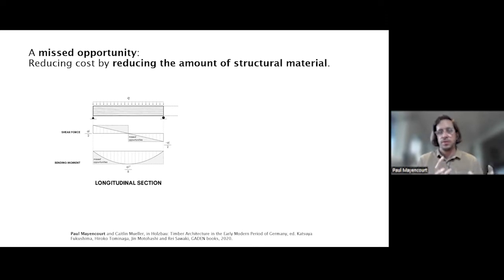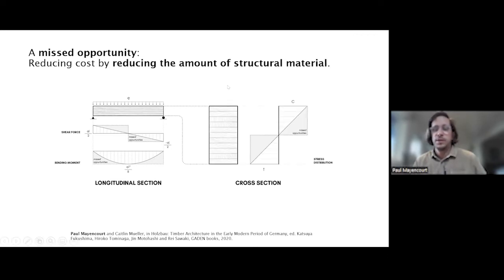construction. You know it's going to be strong enough at the center, and you know it's going to be overstrung at the supports, but that's fine because it's easier to construct. But in doing so, you actually waste material, and here I've written it as a missed opportunity where we could actually shave off some of the material to follow the bending moment in order to make it more efficient.